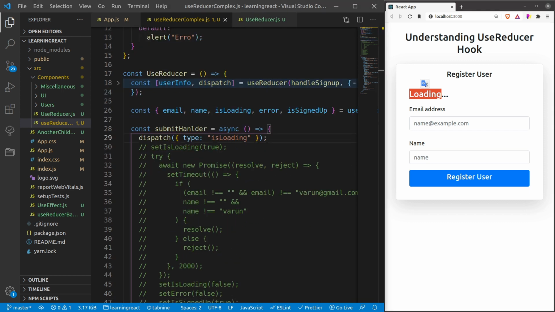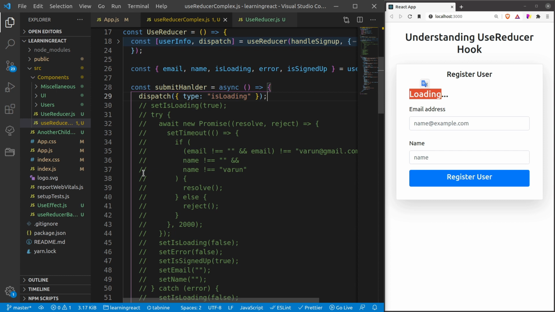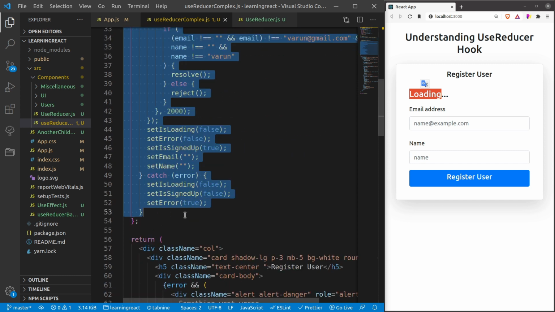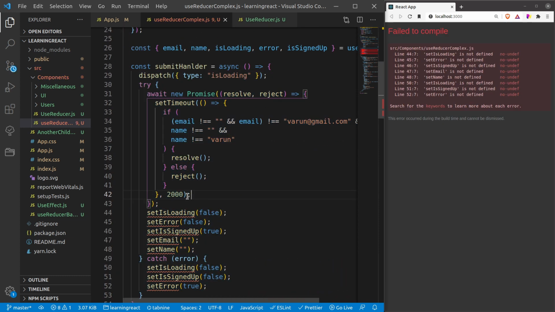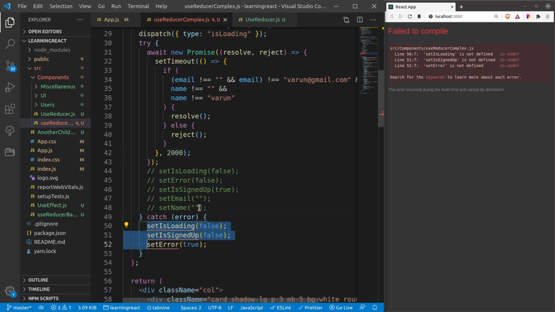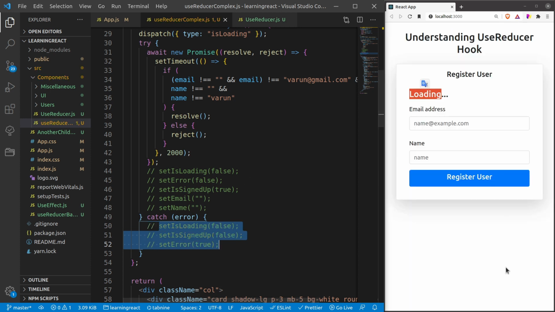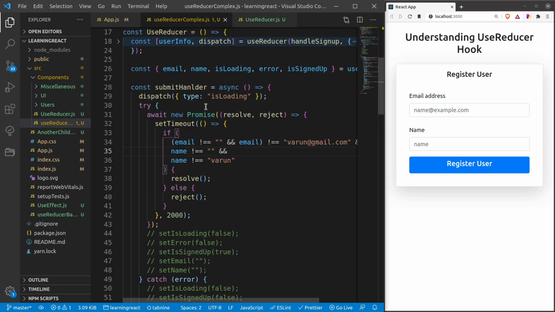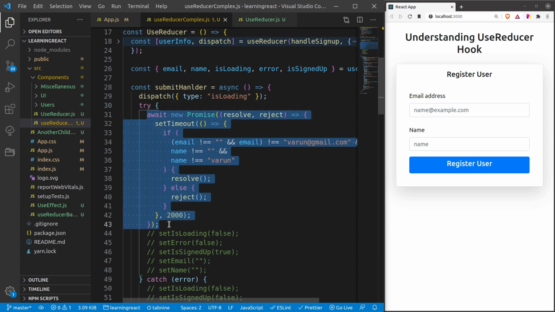All right, guys. Now let's move to our application where I am using try catch. Okay, so let me uncomment this code and let me comment out these things. Then I will show you what is the alternative. All right, so now is loading was visible. So here I am not going to change anything in my try catch. Sorry, in my await. You can see that this is going to be the same logic because it is not actually manipulating anything related to state.